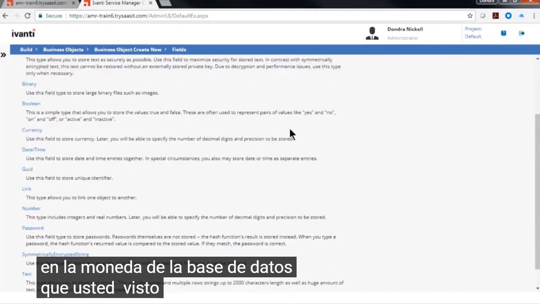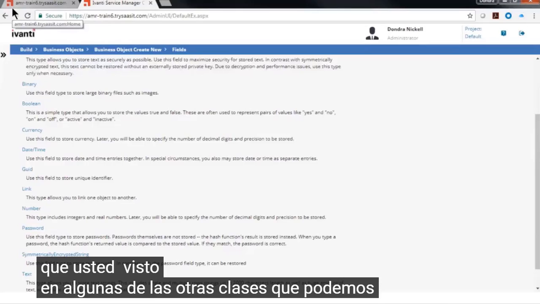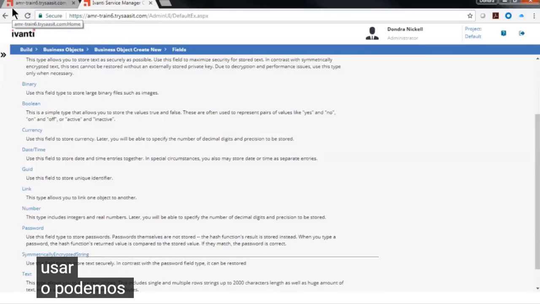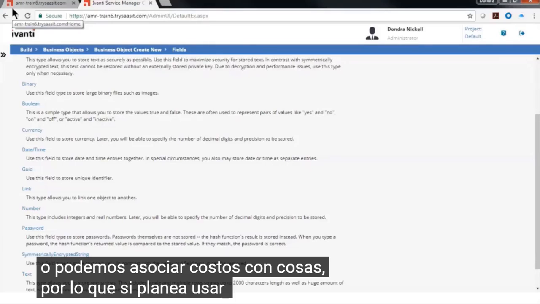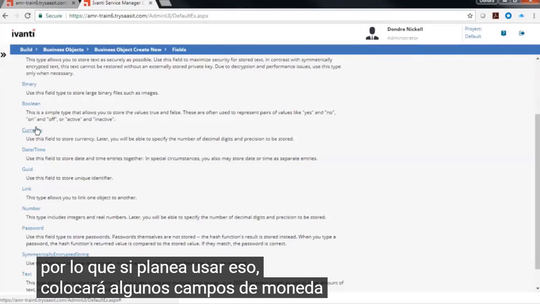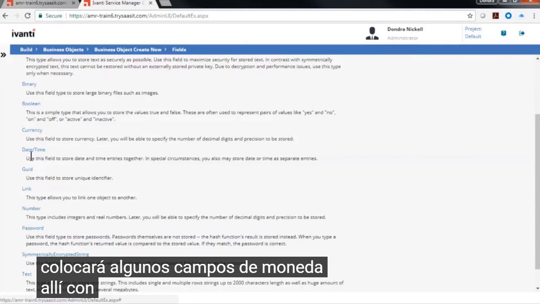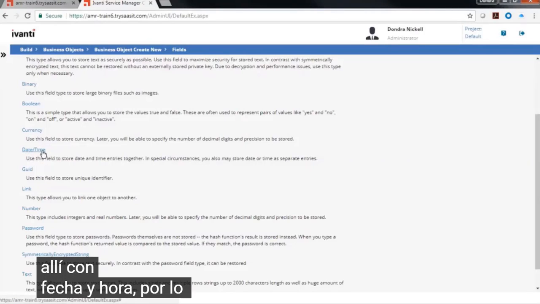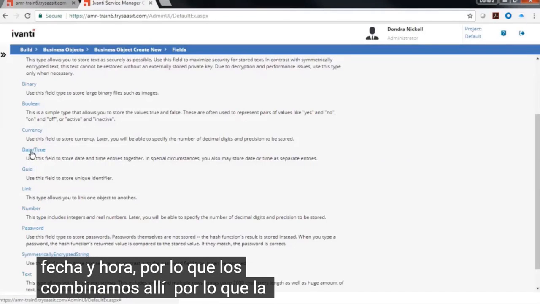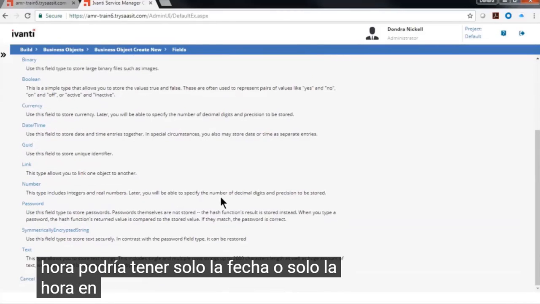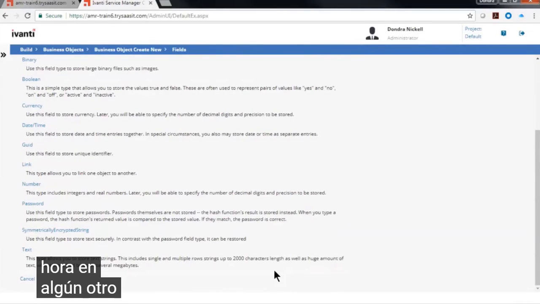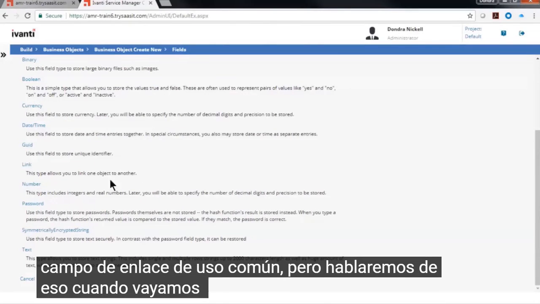Currency, you've seen in some of the other classes that we can associate costs with things. So if you plan to use that, you're going to be putting in some currency fields there. Date and time, so we've got both of them combined there, the date and the time. You could have just the date or just the time. Some other commonly used would be, well, the link field, but we'll talk about that when we go to do our